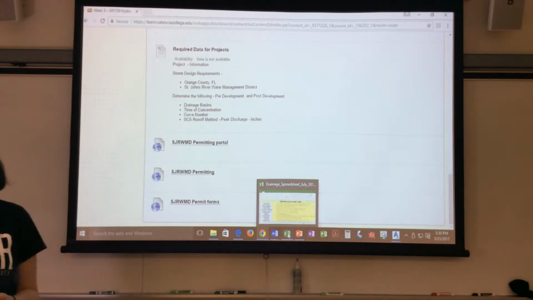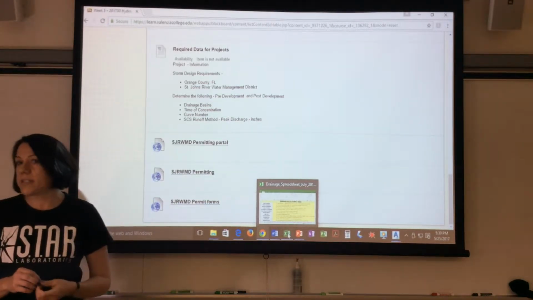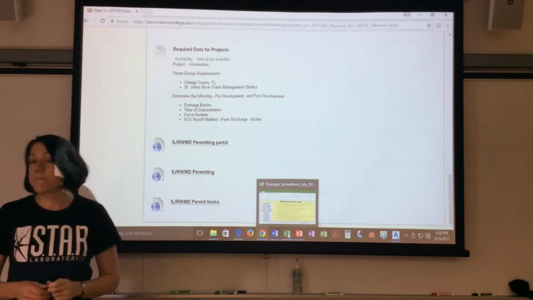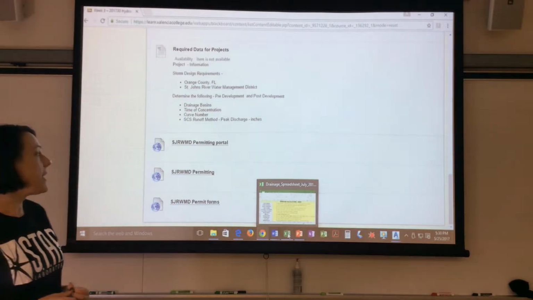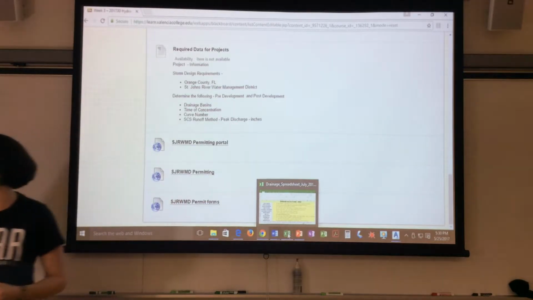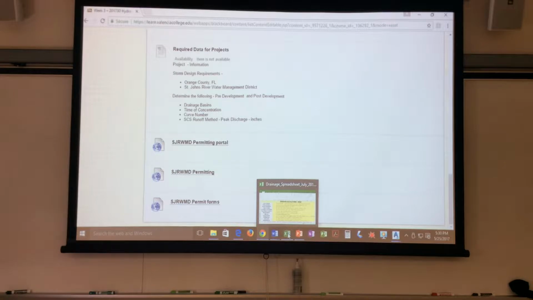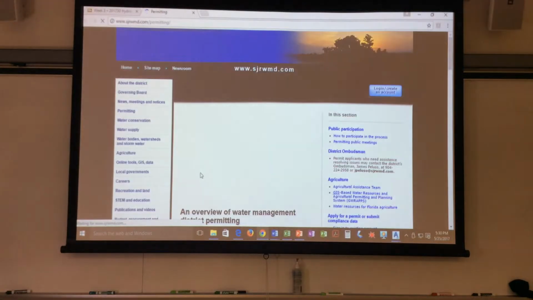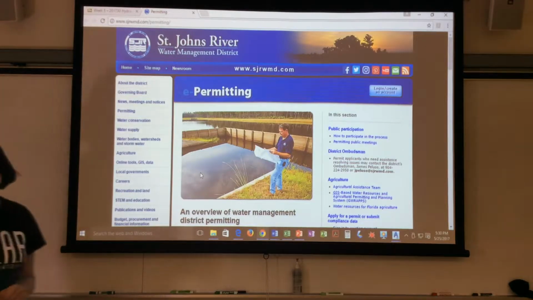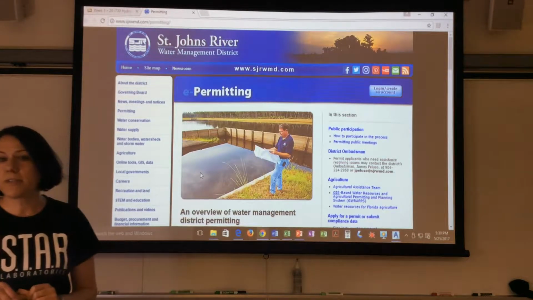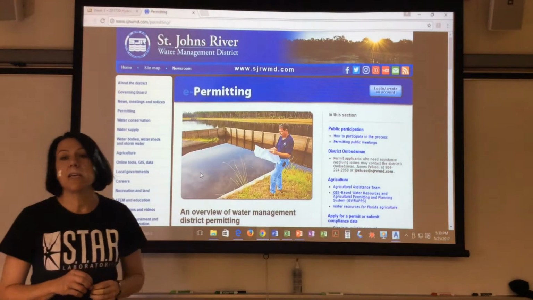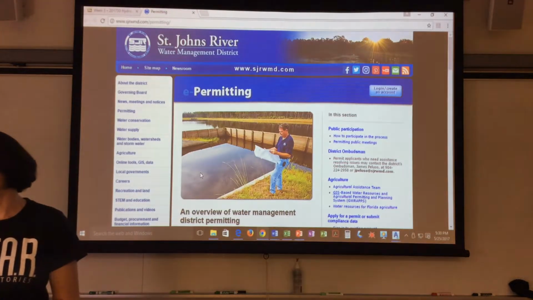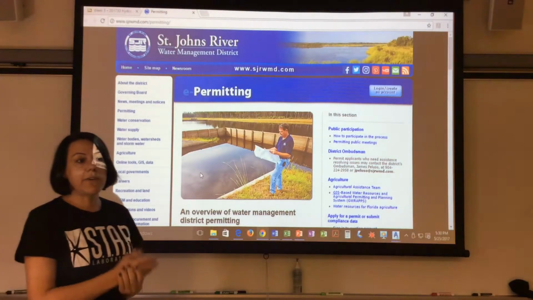So the big thing we're going to talk about today is where we get the data to start designing. So we're going to focus on pre-development today, and if we get to post-development, that would be great. But we're going to start with pre-development. Now, I want to show you St. Johns River Water Management District. So you have 2 people that you have to design by. Remember, the whole point of this is how much water is coming off of our site, okay, in pre-development standards